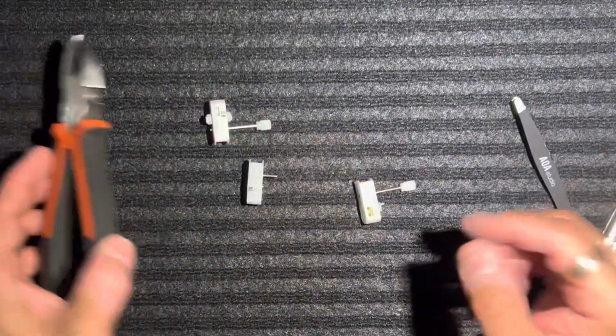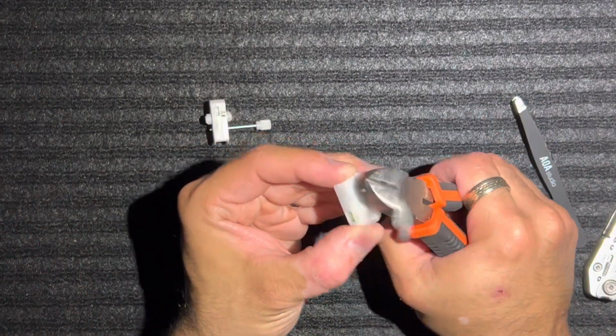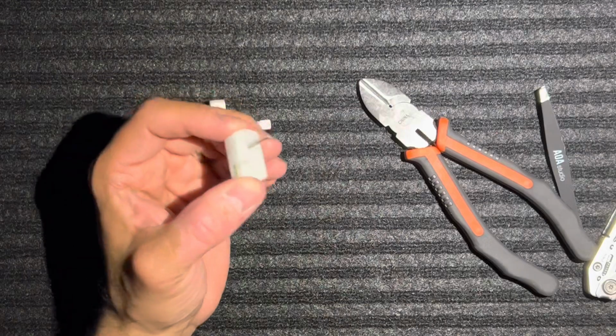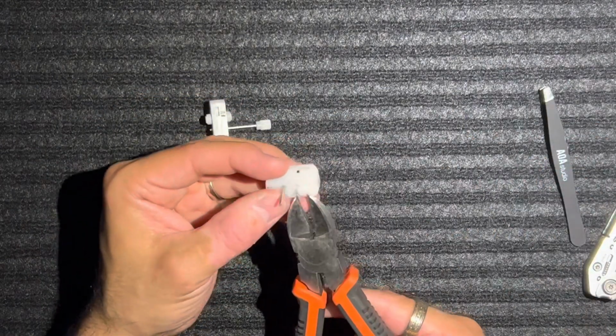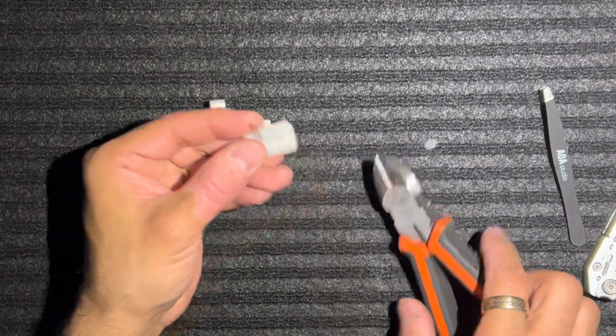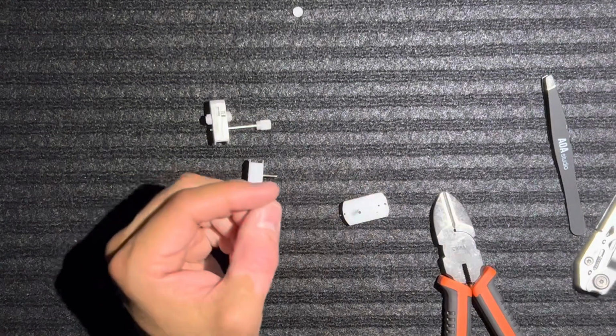Now, just as the same procedure as before, go ahead and remove the knob from the main axle with the snips. And let's go ahead and take an X-Acto knife. Well, let me remove this little knob. And we'll go ahead and take our X-Acto knife,